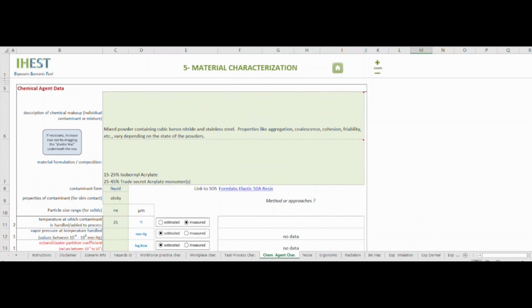For Step 3, the material characterization can be found on the chemical agent characterization page. The chemical agent characterization page has several fields to define the chemical and physical properties that are necessary to evaluate potential exposure routes. We'll take a closer look at each of these fields section by section. Zooming in on the material characterization section, the chemical or chemical mixture is